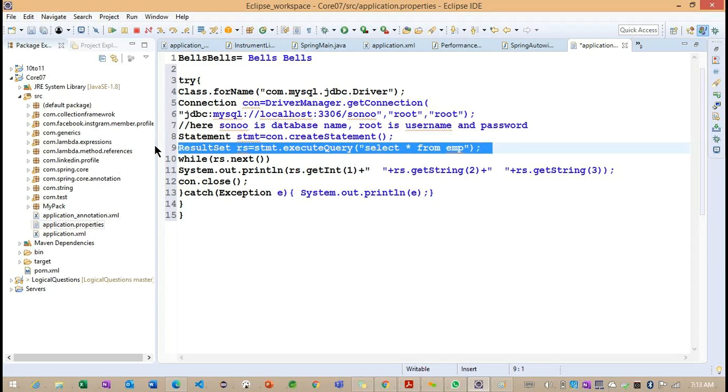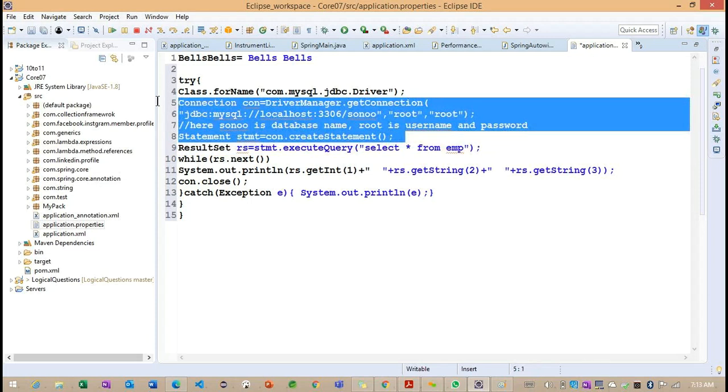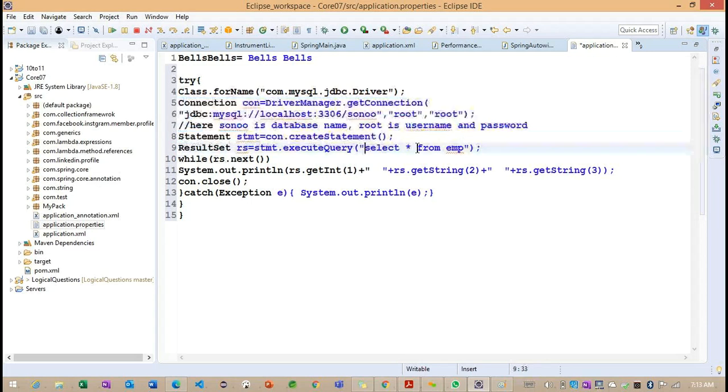But with Spring JDBC, we do not focus on the connection-related code. We directly focus on the operations we want to perform, whether insertion or an update operation. This is the main advantage we get from Spring JDBC.